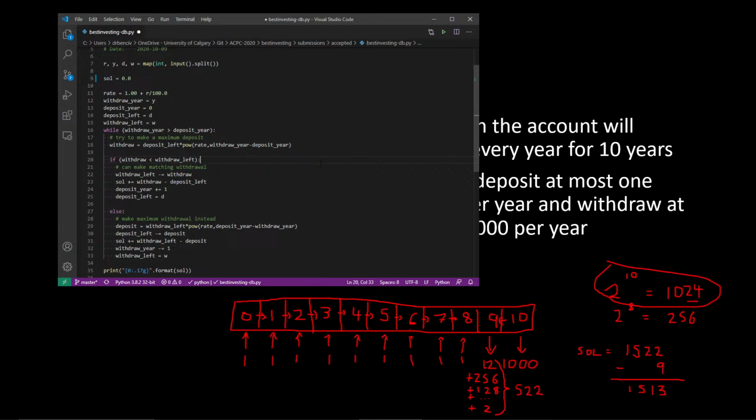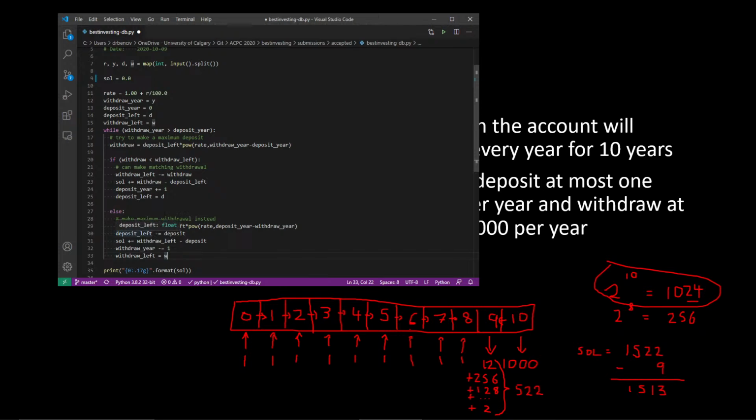So now we had to be careful, because remember, this 1,024 was actually too big. So this is what this if thing is looking at here. It's saying if the withdrawal is smaller than withdrawal left, so if the amount that we're trying to withdraw, 1,024, is less than the amount that we have left to withdraw, 1,000, then we can make that full deposit. In this case, 1,024 less than 1,000 is false, so we jump to the else clause,